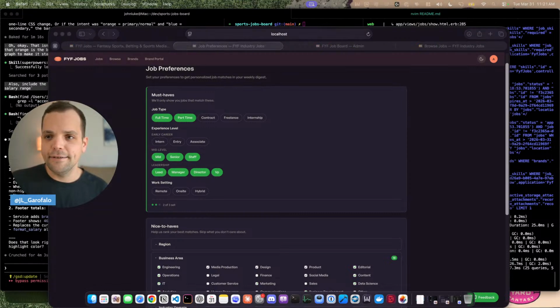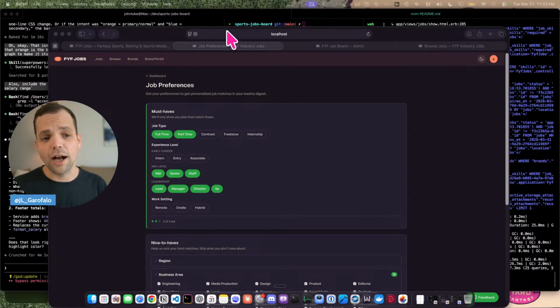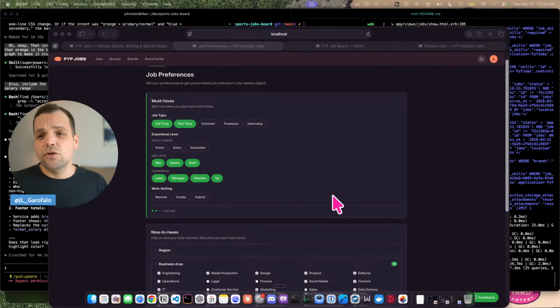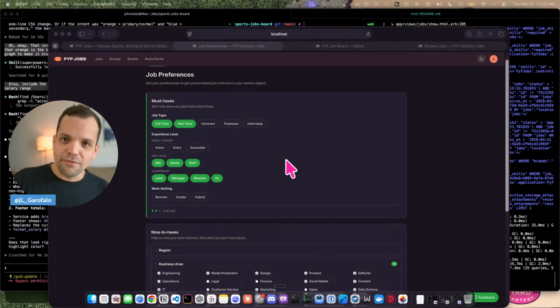Like I said before the loud licking, here's our job preferences form. Here's the first part of it. This is how we're going to allow the user to specify what kind of jobs they're interested in receiving alerts about. If you weren't with us last time, I brought up a scenario where, if you're a job seeker, you're typically not looking for all of the jobs, right? You're at some season in your life, and you're looking for a slice of stuff.